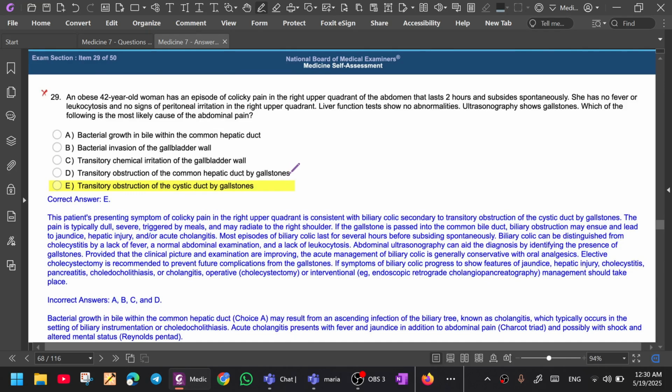If the obstruction was here, then the liver will have a problem because everything will back up here, will back up everywhere. But his obstruction is just here, so the liver is fine. Okay. Next,